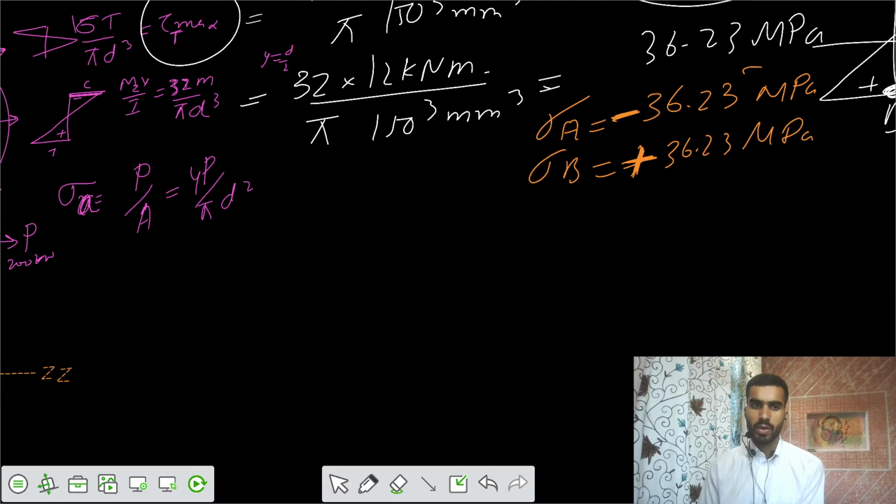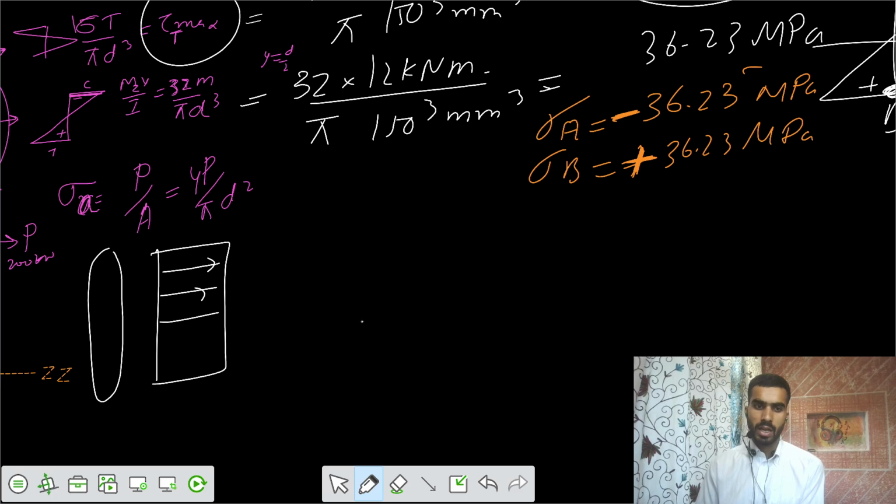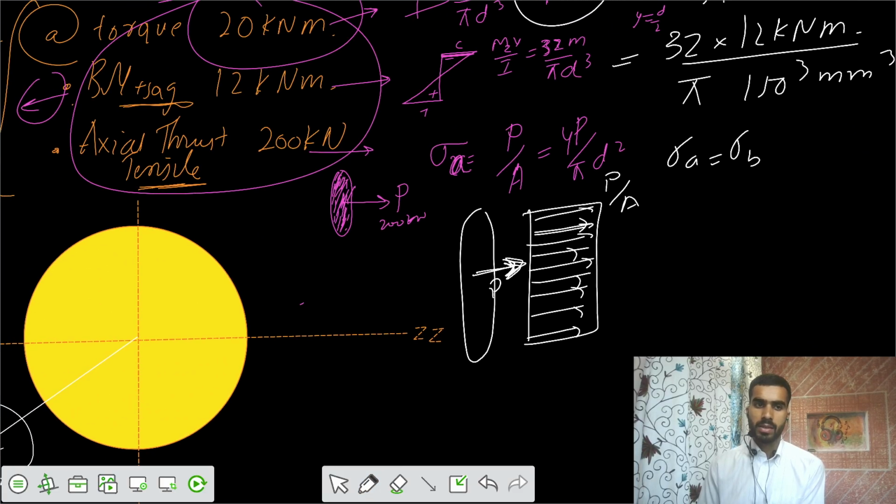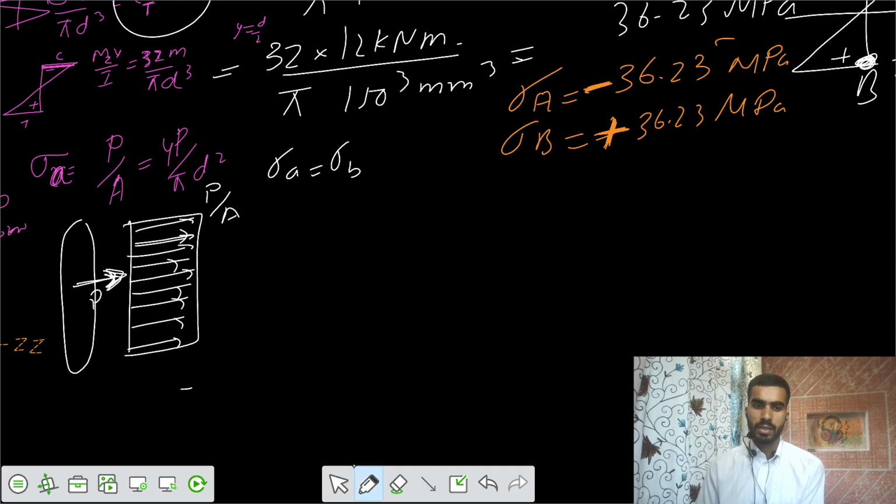Now the third one is that you need to get the axial stresses. See, the axial stress variation is in this way. Each fiber gets stressed to an amount of P by A. So axial stress is P by A. That means sigma A equals sigma B. And if the load is a tensile force, the axial thrust is tensile, that means your stresses are also tensile, positive tensile stresses. Then I would write sigma A equals sigma B,